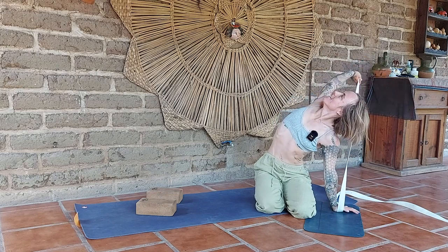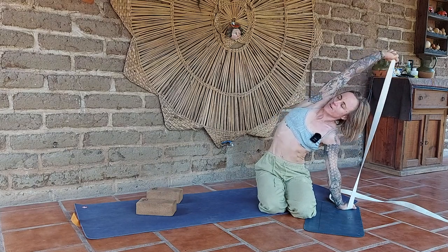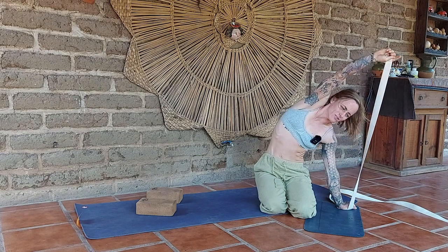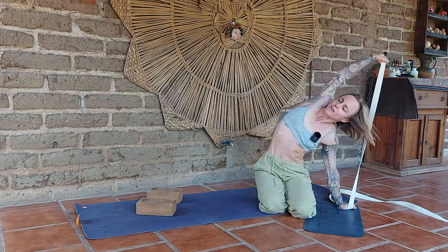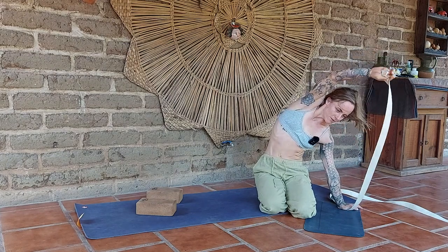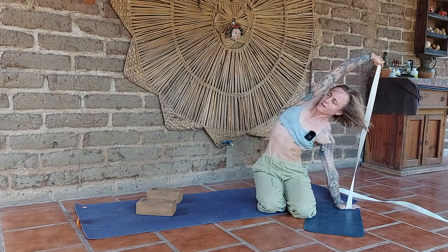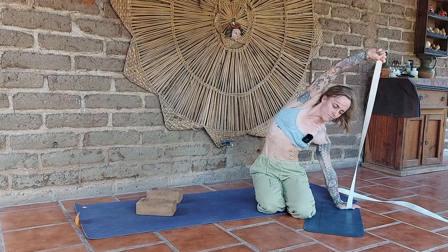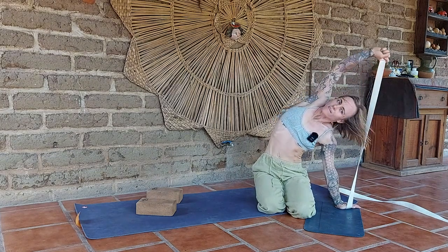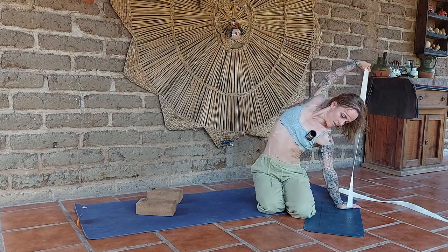Okay. So yeah, if you have some sort of rotator cuff issue, or one is a little more tricky than the other to warm up, you're gonna notice through this kind of warm up. You're gonna see, oh wow, that doesn't feel very good. I'm gonna back off there. Or wow, I feel really open in this side. Okay, nice. Once that feels good,